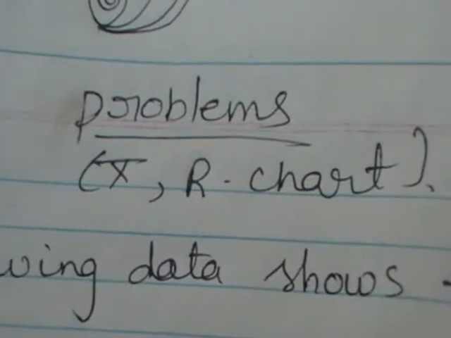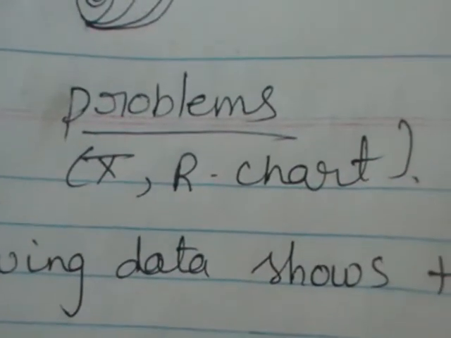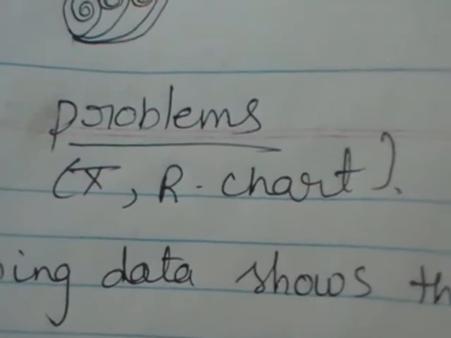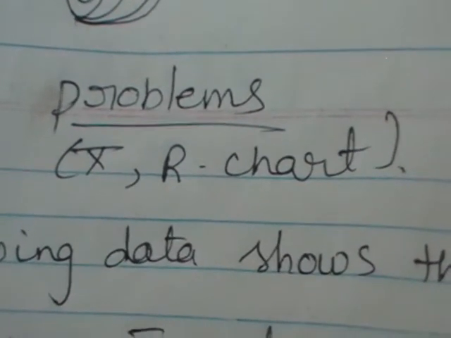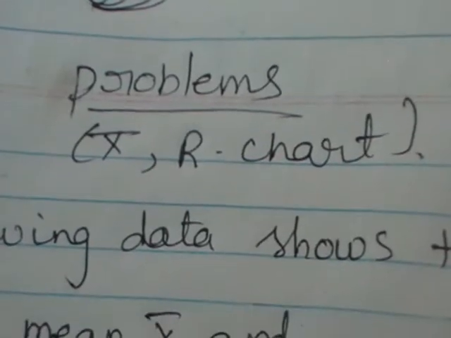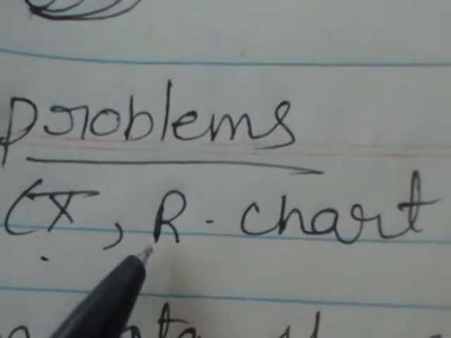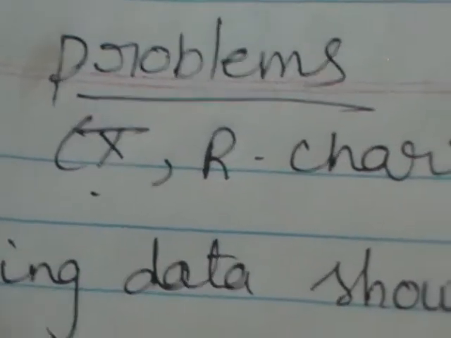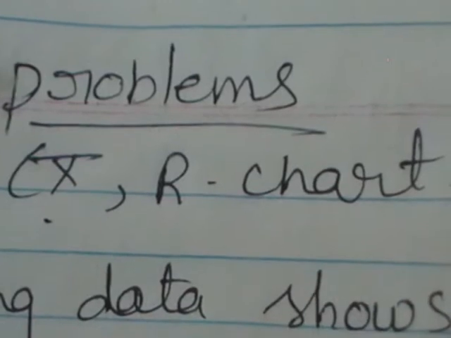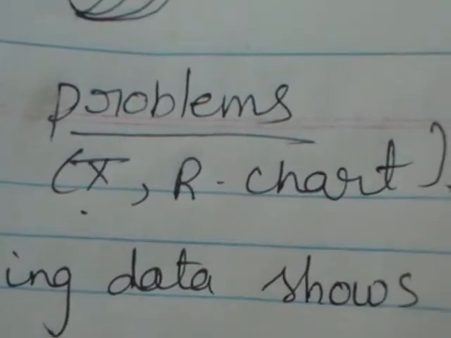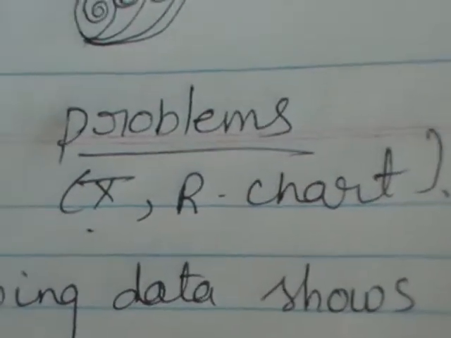We have discussed the control charts. Control charts are of majorly two categories: control charts for variables and control charts for attributes. Under control chart for variables, we have the x bar, R chart, which is called the range chart. Under the control chart for attributes, we have p chart, c chart and d chart. Okay, I think just refer to your flow chart.